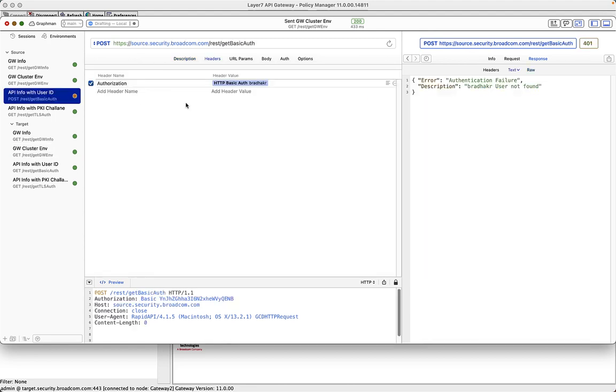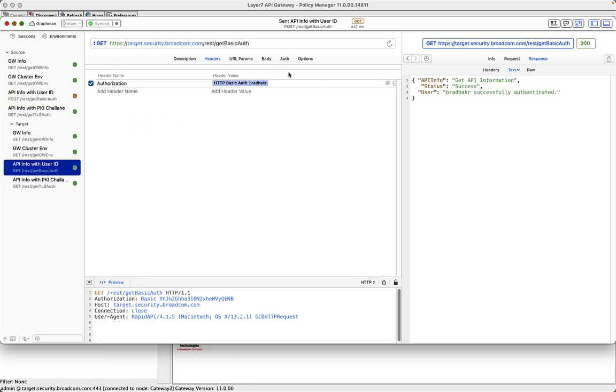Similarly, this particular user B Radhakar does not exist in the source. So when I try, it's going to come back with an exception that B Radhakar is not found. But when I try the same user in the target, because I added this user, it's going to be successful